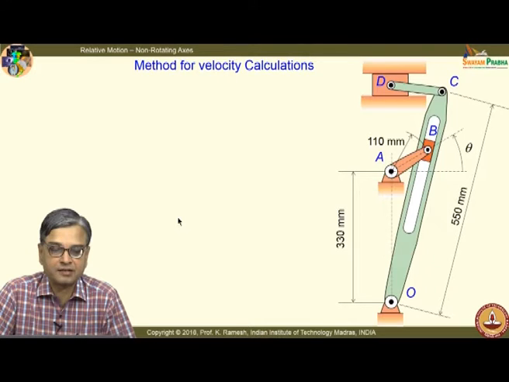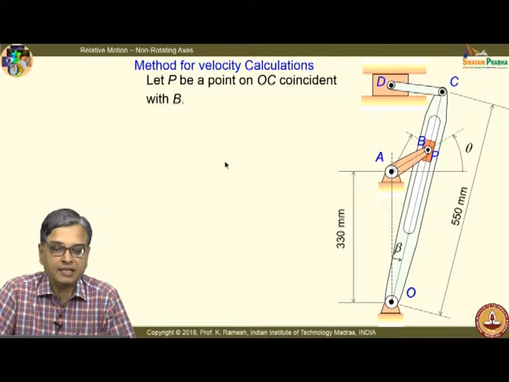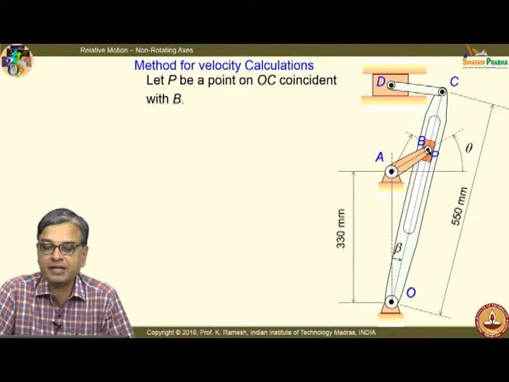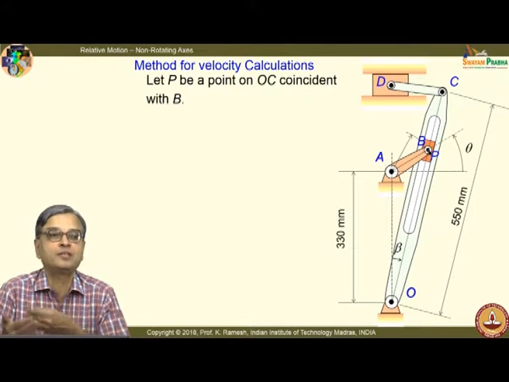So, I have this diagram shown like this, and let us identify point P to be a coincident point with B. I have B attached to this pin, which is also part of the crank, and I have point P which is in this slot. Okay, you have to understand that they are coincident points. To see them distinctly, I put B and P like this. So, they are the same point on this. I have a point B, below which on the slotted member you have the fictitious point P.